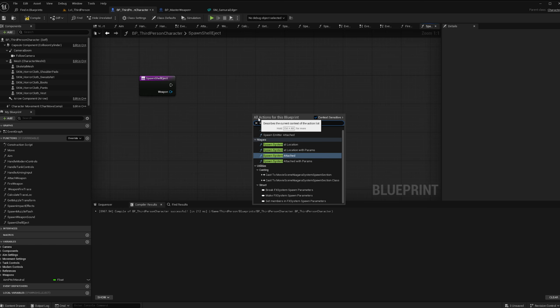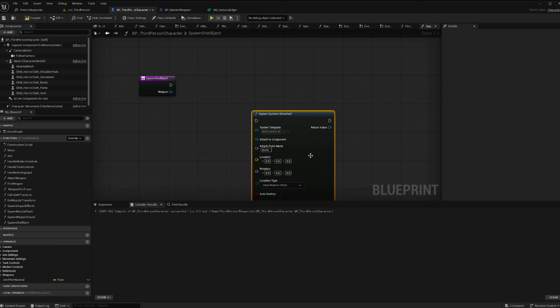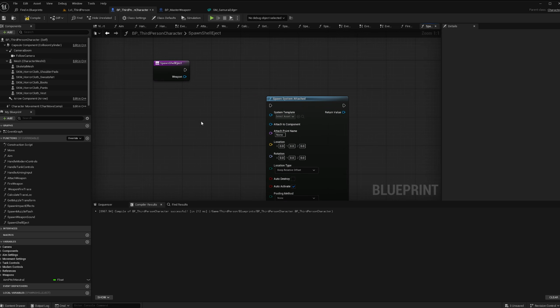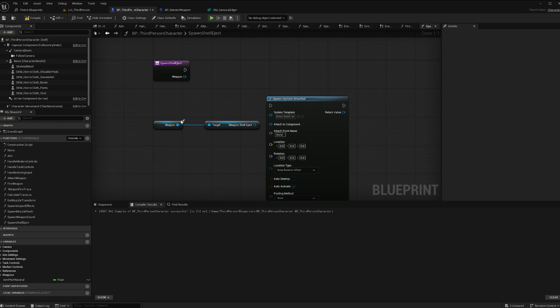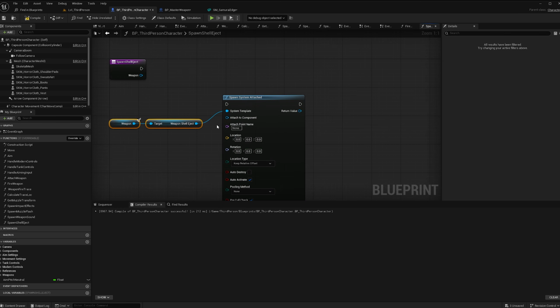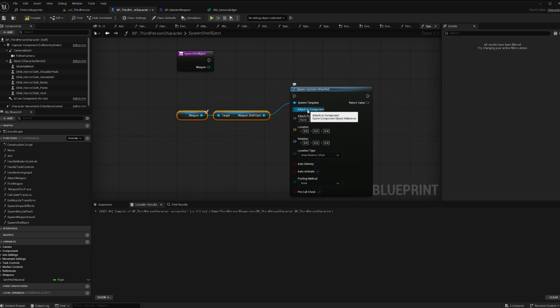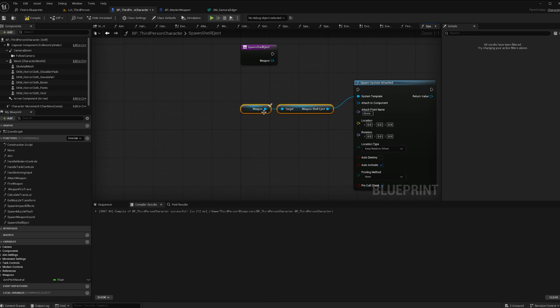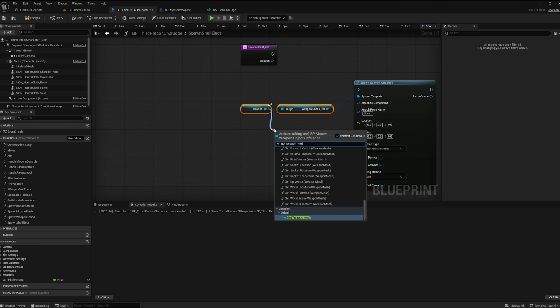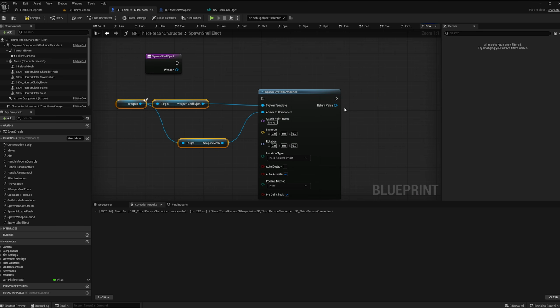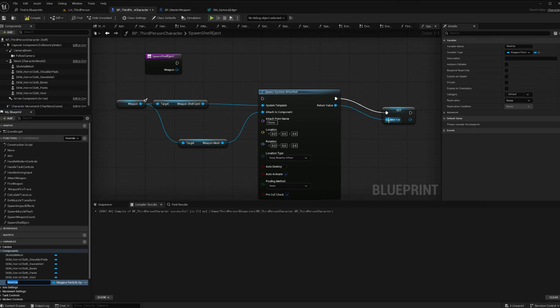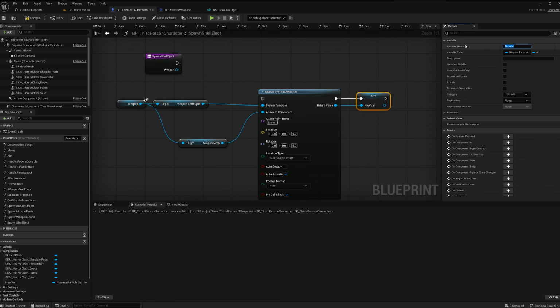So let's do spawn system attached, and then for the system what we'll do is get our weapon, and then get weapon shell eject, and then just hook that up to the system template, and then for the attached to component, what we can do is get our weapon mesh, and we'll attach it to the mesh like that. Then on the return node, just drag off and do promote to variable, and then let's call that shell eject